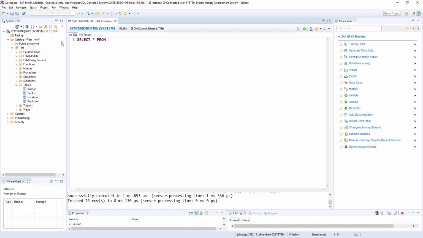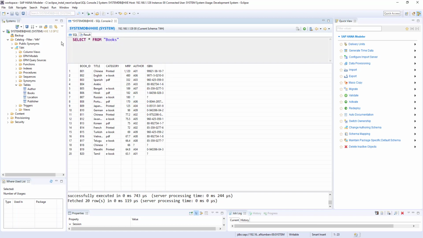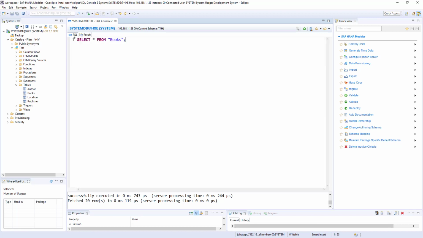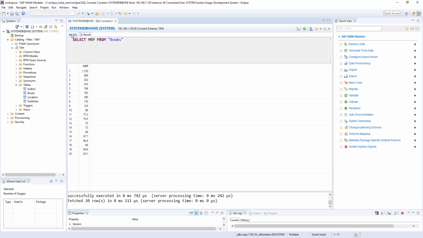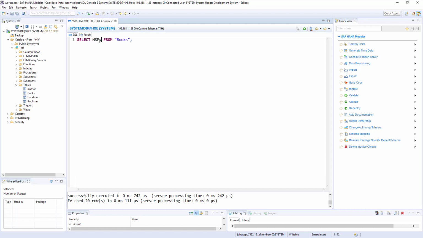Select star from books. In books we have a numerical column, MRP, in decimal format. So let's see MRP. We got the MRP, and I want to give a 20% discount on MRP.